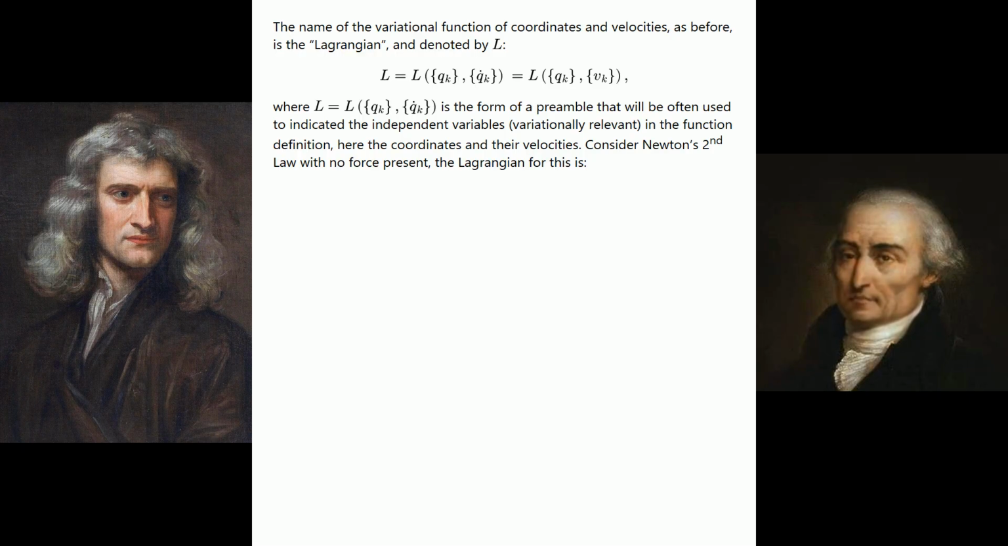See the next equation, where L equals L of the set q sub k, the set dot q sub k, is the form of a preamble that will often be used to indicate the independent variables, variationally relevant, in the function definition, here the coordinates and their velocities. Consider Newton's second law with no force present. The Lagrangian for this is